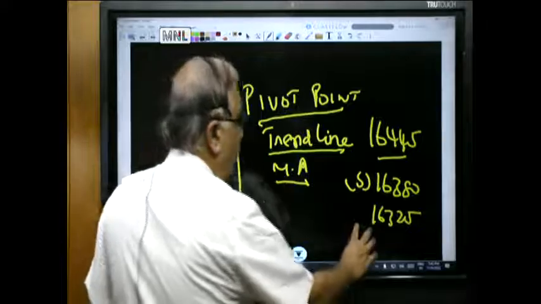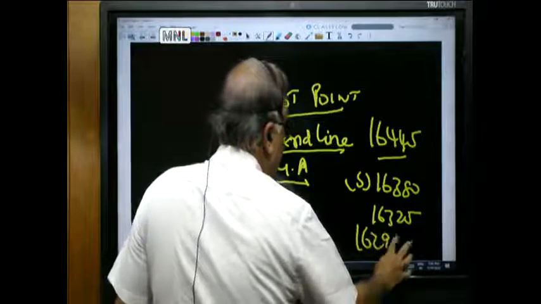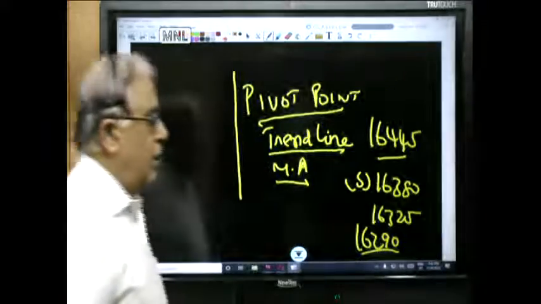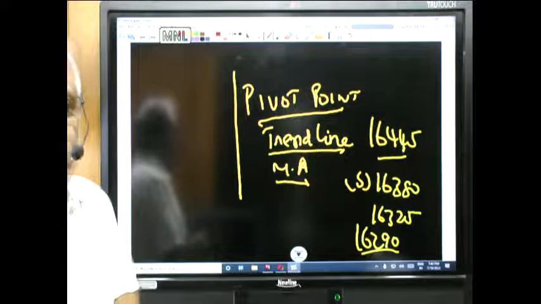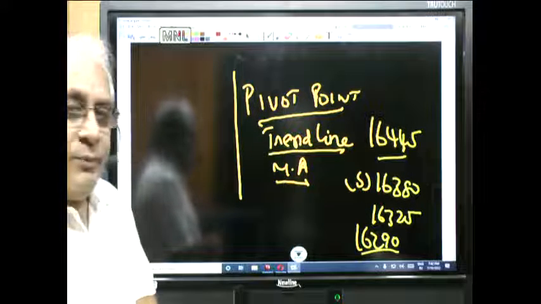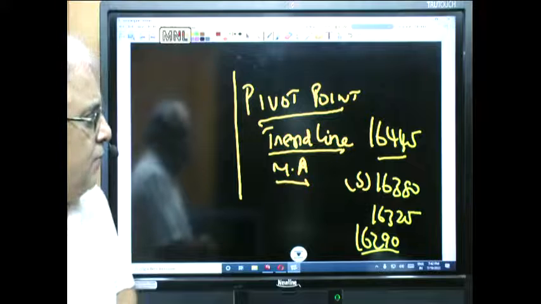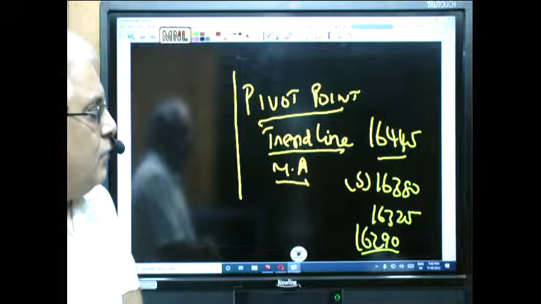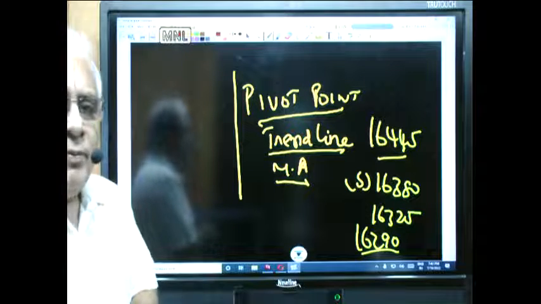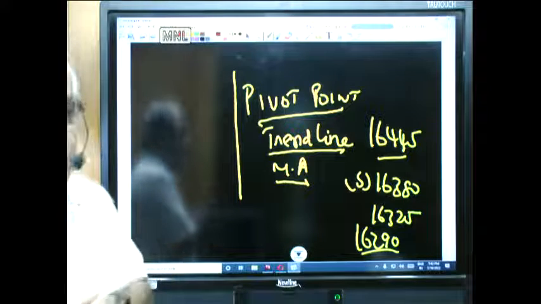Okay, then it may come to 16,290 or so. So this is what we are expecting to happen. Pivot point, trend line, moving average. Using this, you can make your projections. And same thing which we have talked about Bank Nifty,